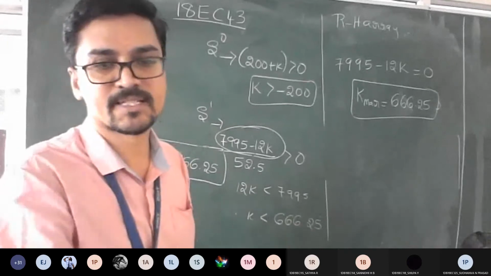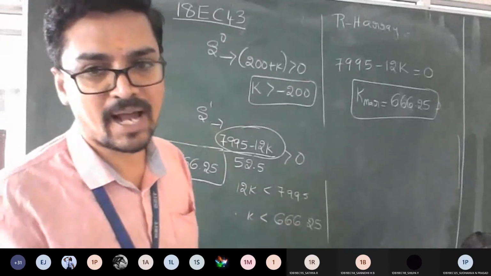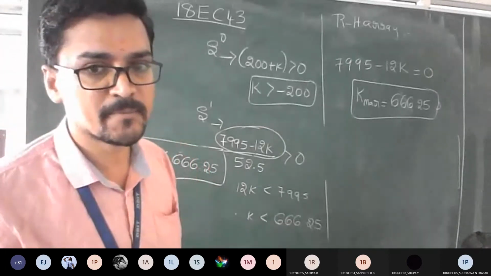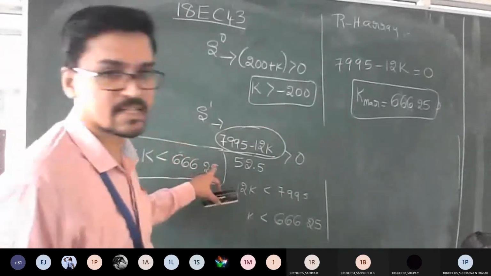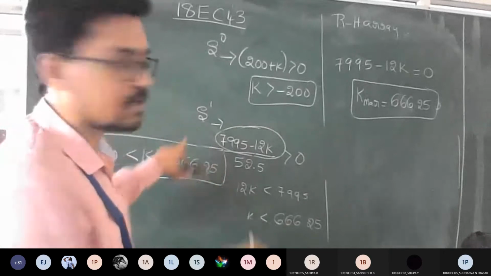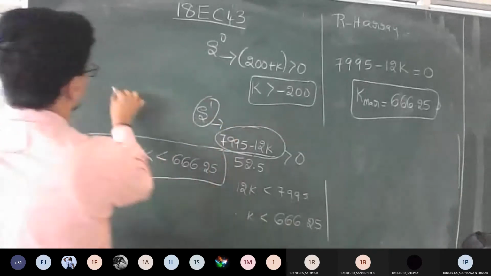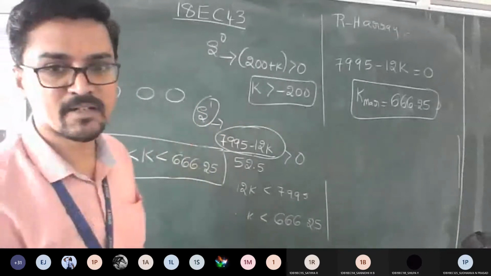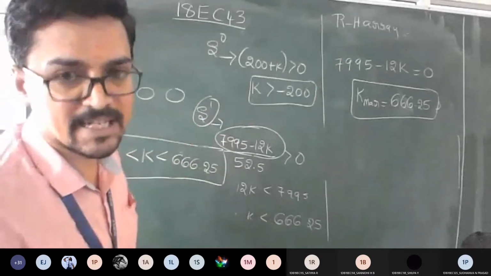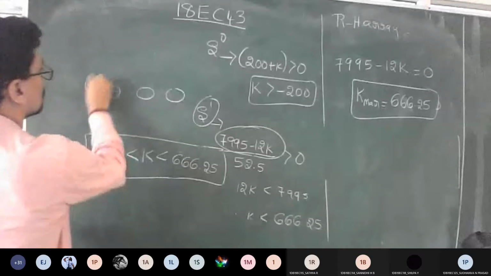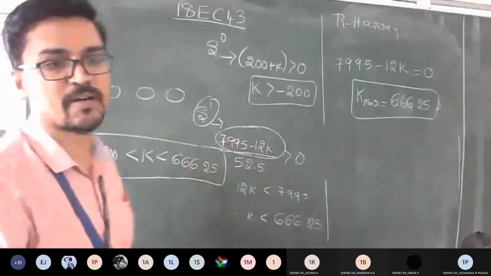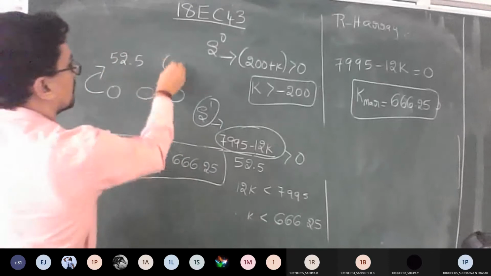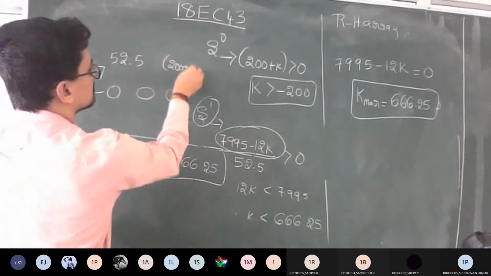The previous procedure says you need to go with your auxiliary equation. So listen carefully. We made a condition that the s power 1 row is going to be 0, 0. Right? So how to write the auxiliary equation above this row? Above this row, what were the entries you had? Is it 52.5 followed by 200 plus k?